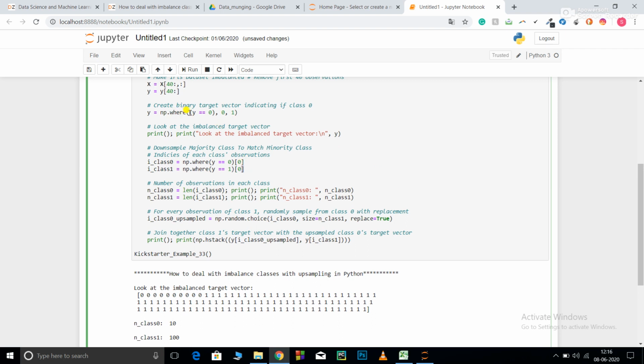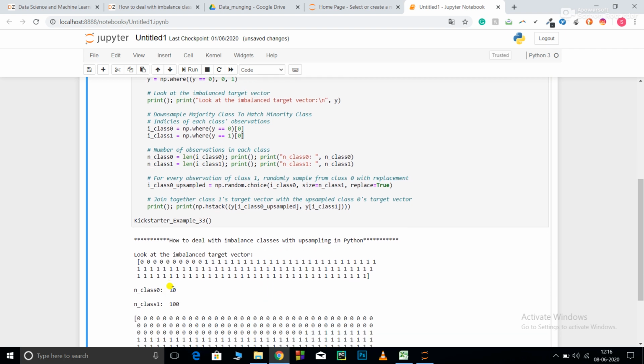You can see this is my target vector, and how imbalanced it is: only about 10 values are from class 0, whereas around 100 values are from class 1. So this is a problem of imbalance.